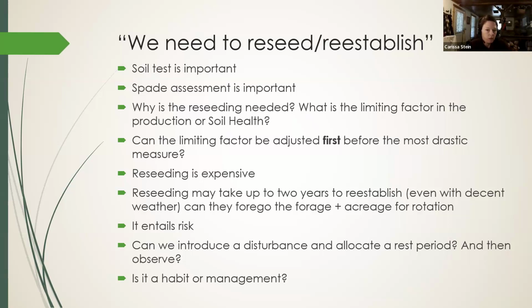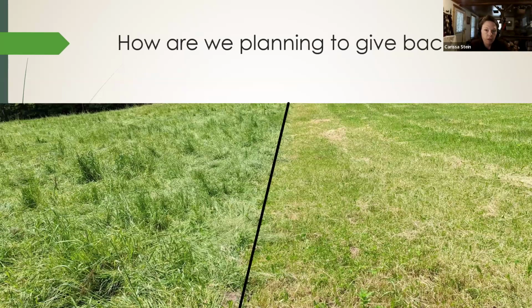And then with soil health, like that balance factor. So how are we planning on giving back if we're always taking a cutoff? On the left-hand side, that's a lot of residual sitting there. The animals have trampled that. So then once they trample it, the bacteria can get at it and it can start to become part of the system, or